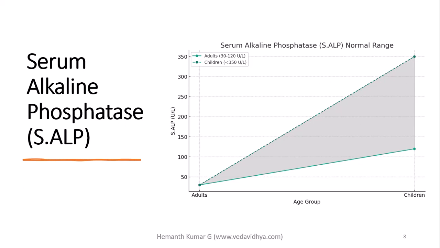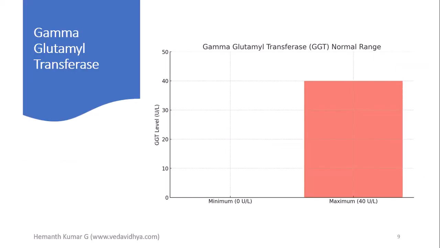Thus, while SALP is a valuable marker in liver function tests, its levels must be interpreted in the context of the patient's age, overall health, and correlating with other test results. Elevated SALP levels are not diagnostic on their own but can prompt further investigation to identify the underlying cause of liver dysfunction or disease. In this section, we will discuss the gamma glutamyl transferase test, commonly known as GGT, and